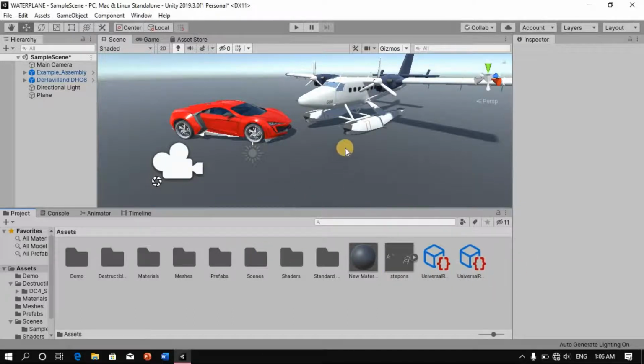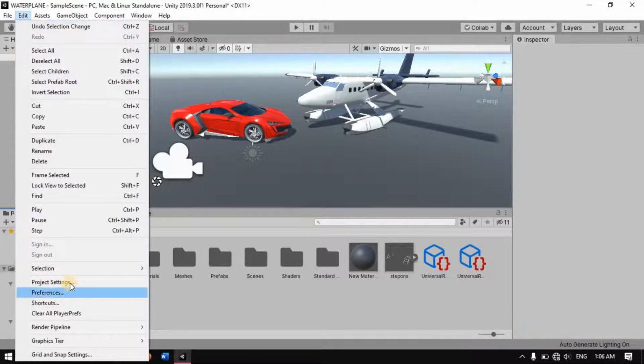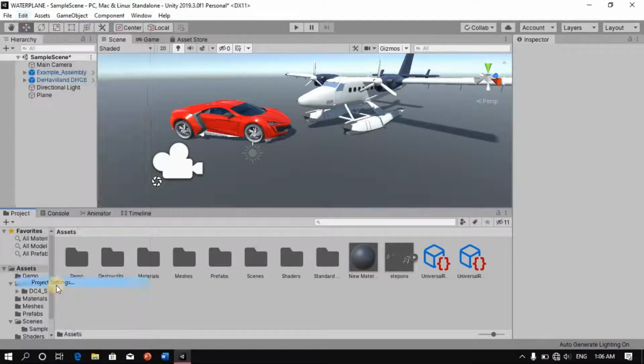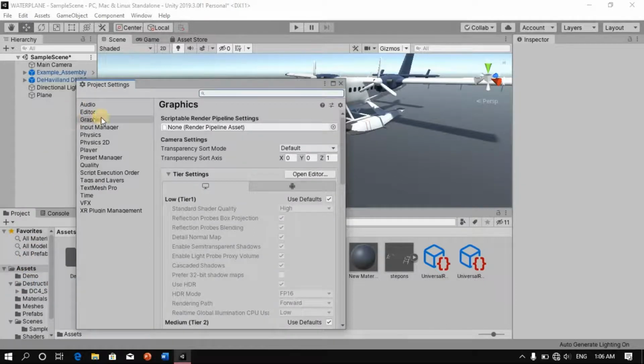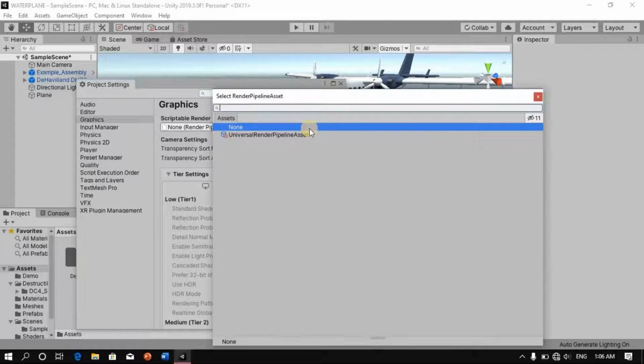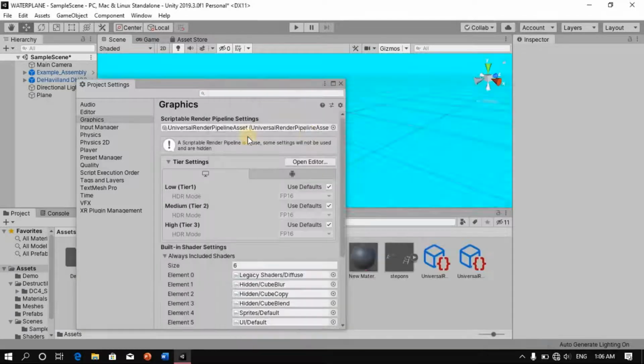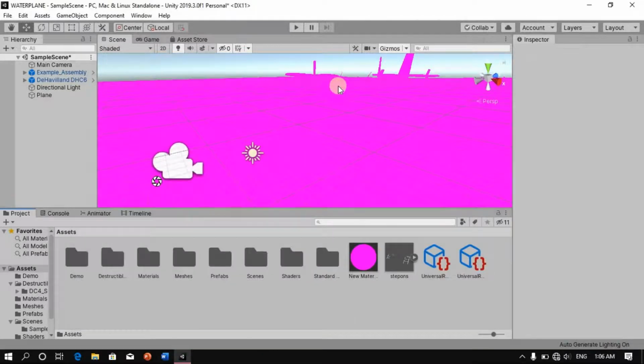And now that has been created, what we're going to do is go into our edit tab here, go into project settings, and under graphics here, you're going to click this little knob here, and then select our universal render pipeline. Now what has happened here, this is very ugly,